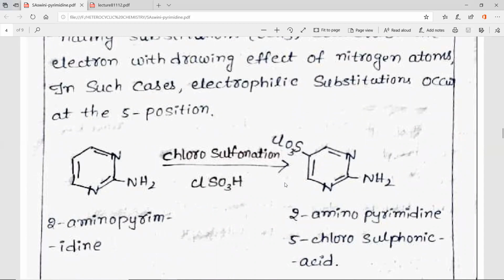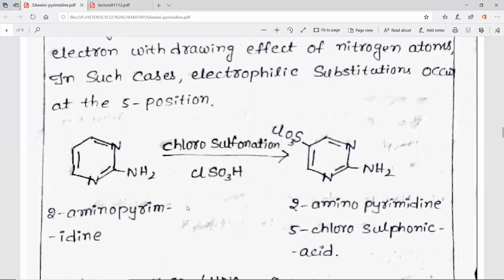So it may undergo chlorosulfonation, and the chlorosulfonic acid group is found at the 5th position of the pyrimidine ring system. Therefore, if 1 or 2 substituents are present in the pyrimidine ring system, the substituent must be electron releasing, then it will activate the pyrimidine ring system,